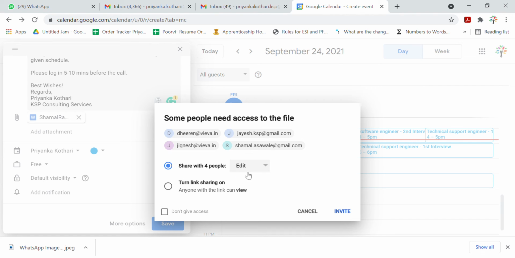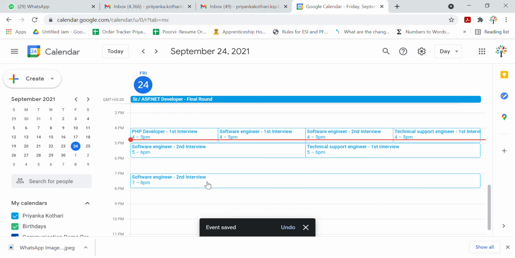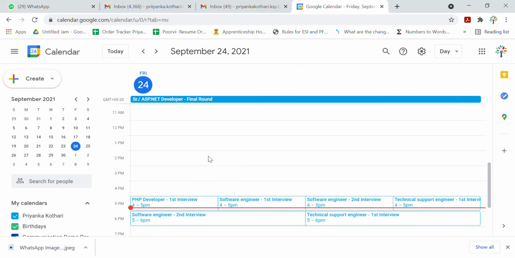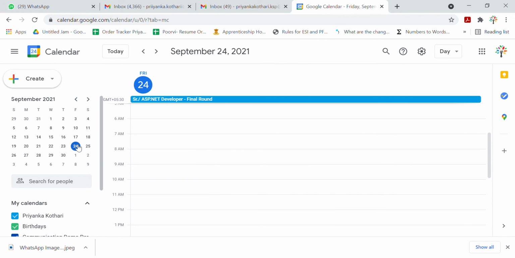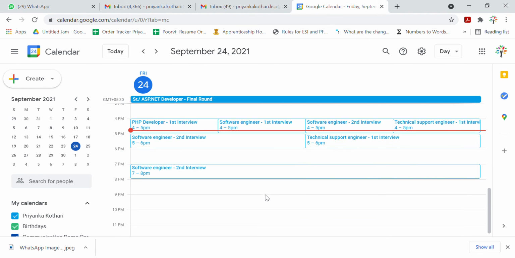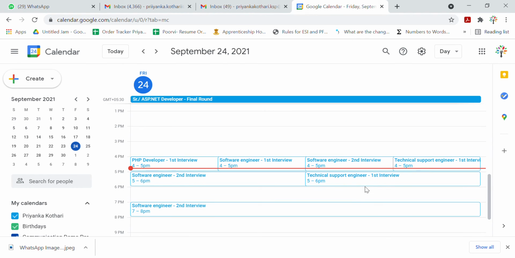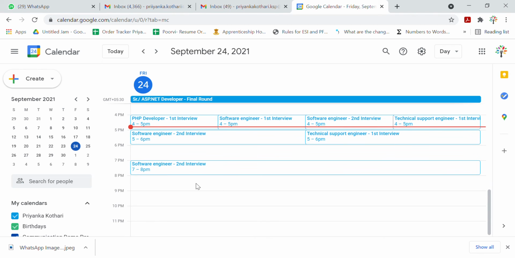If you don't get that, and if you still feel when you click on invite you're getting some error, you can just send it by keeping the option as view. Please go back and cross check that the invite is sent appropriately. Now what has happened here is I have made some mistake because I was trying to show you. So we did not change anything here. I just tried showing you how to do it.